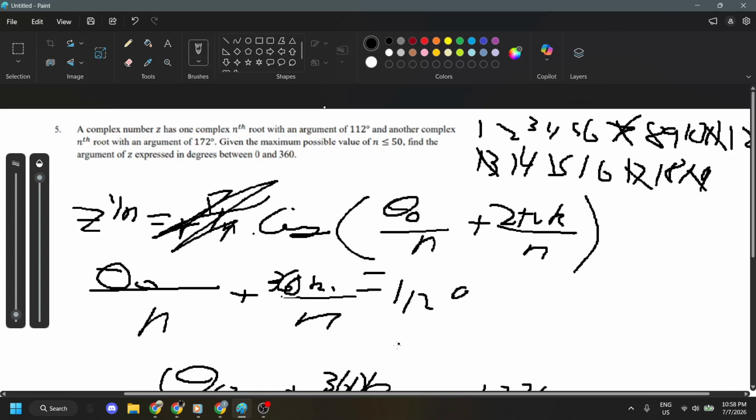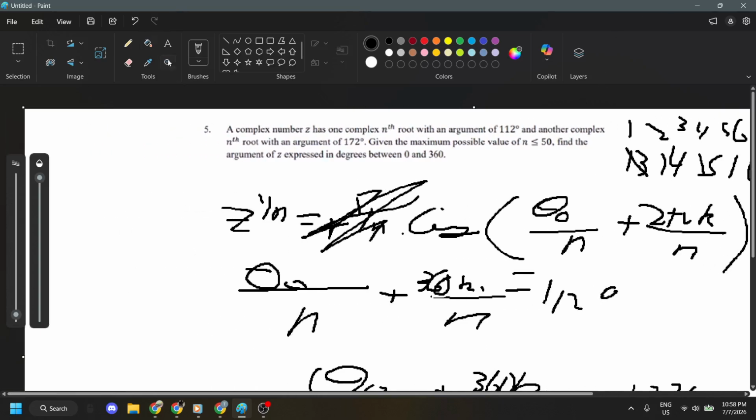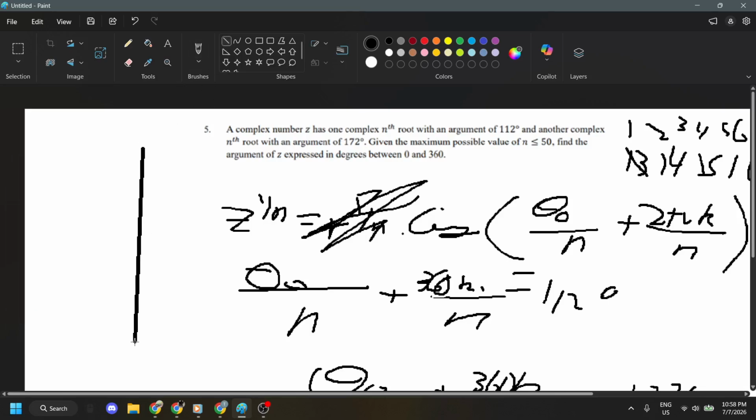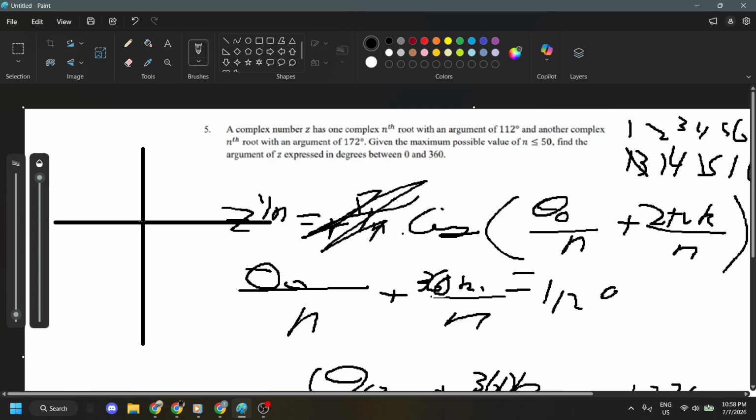If we were to look at this graphically, or just imagine it really, it's like this and like this, and we have 112 is going to be right after 90, so it's going to be right here. A little bit more actually, probably. And 172 is going to be right before 180. And this has a difference of 60 degrees. Now we just need a polygon